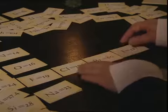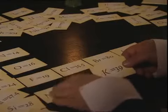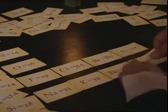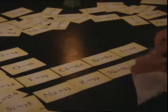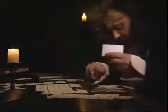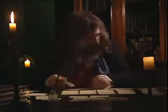Bromine and iodine. Another group was the reactive metals: sodium, potassium, rubidium and cesium. Mendeleev was convinced that an overall pattern existed. He tried arranging the cards in different ways,